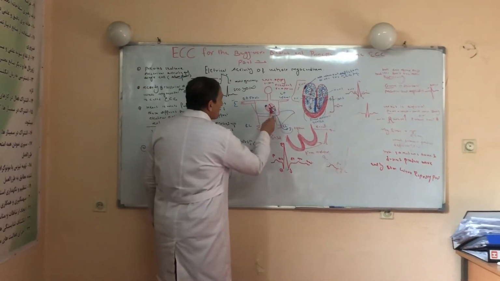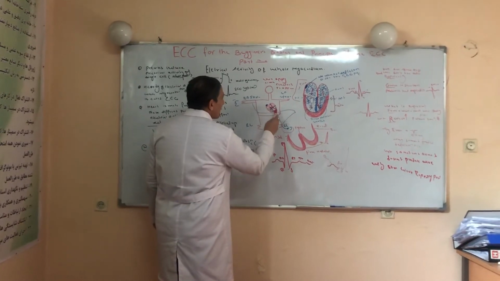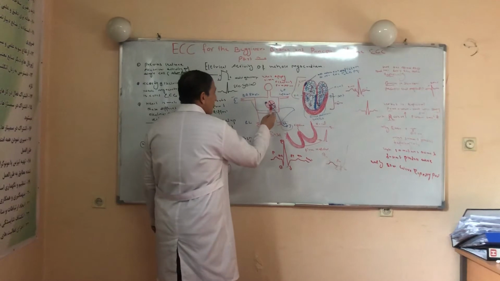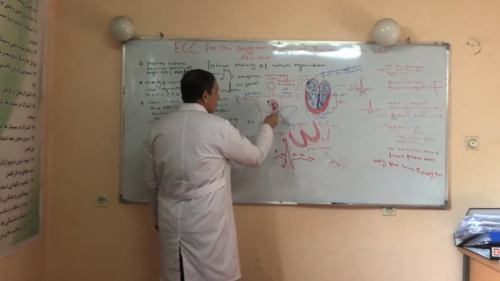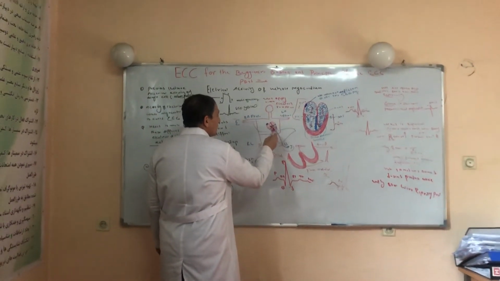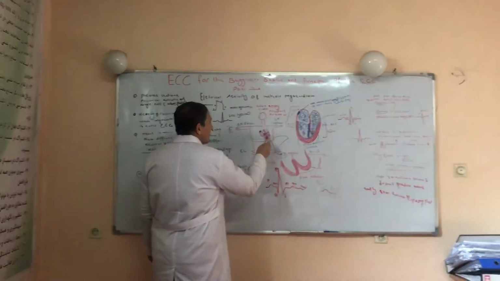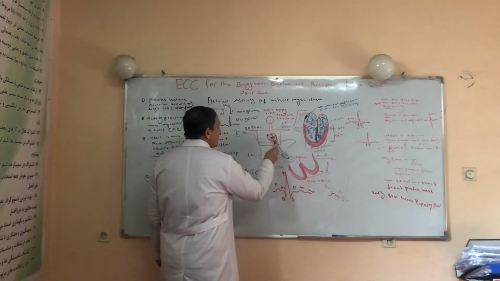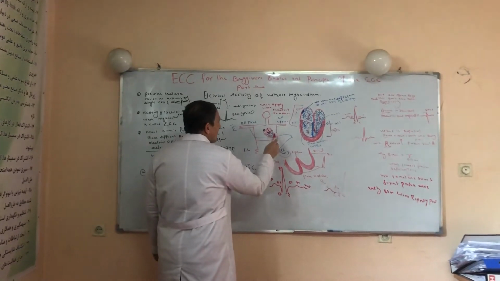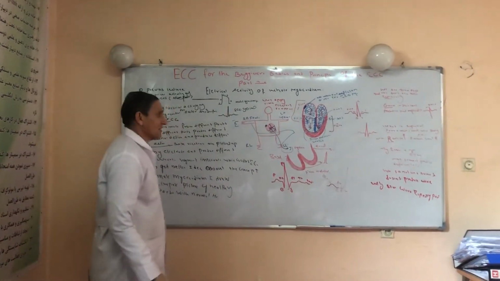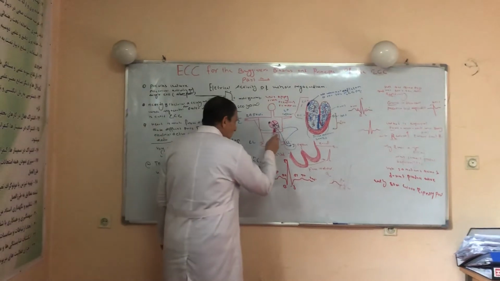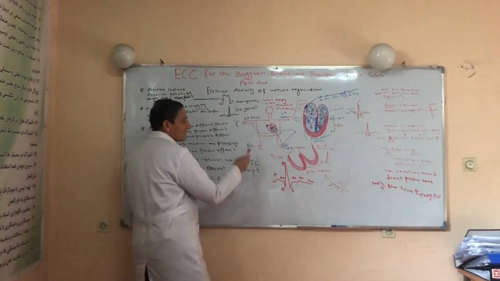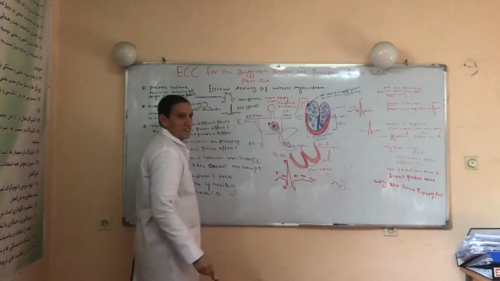After the AV node, we come to the ventricles, or the bundle of His. The bundle of His does not produce any waves or deflection. It is divided into two parts: the right bundle branch, and the left bundle branch, which divides into the anterior fascicle and posterior fascicle, further dividing into Purkinje fibers. Now we discuss the ventricle: by which mechanism does the ventricle produce the QRST?